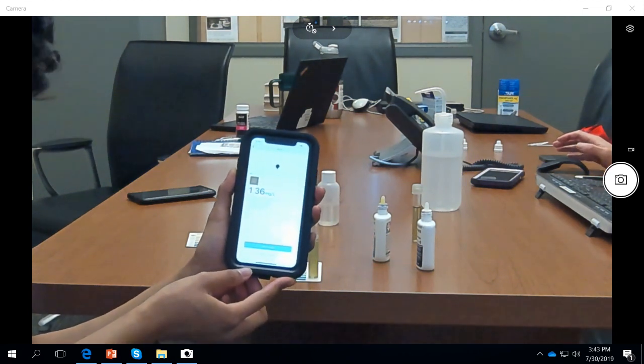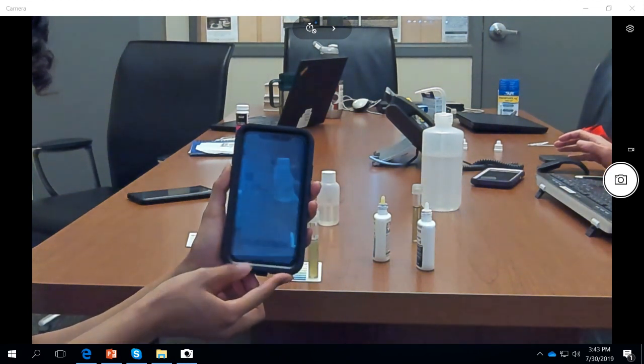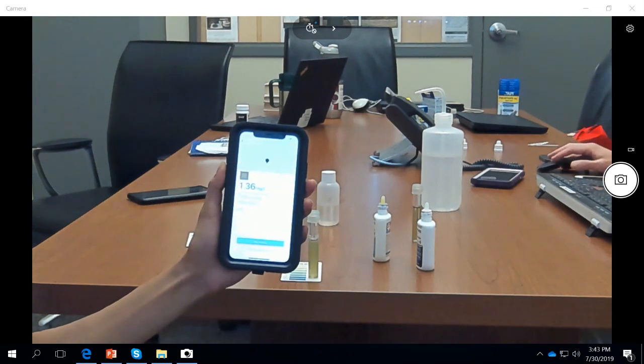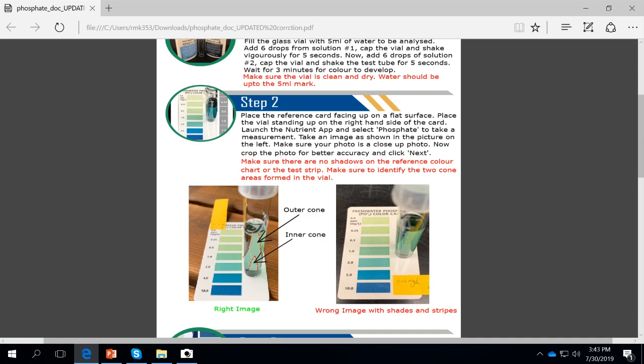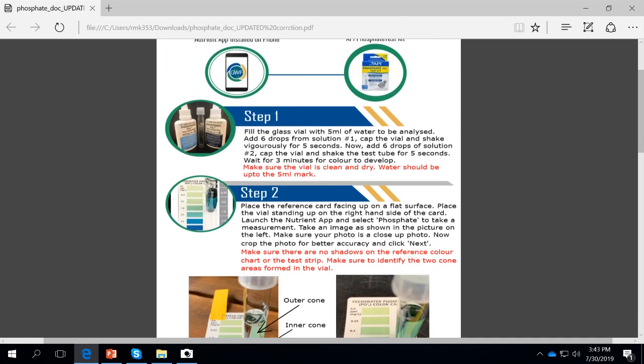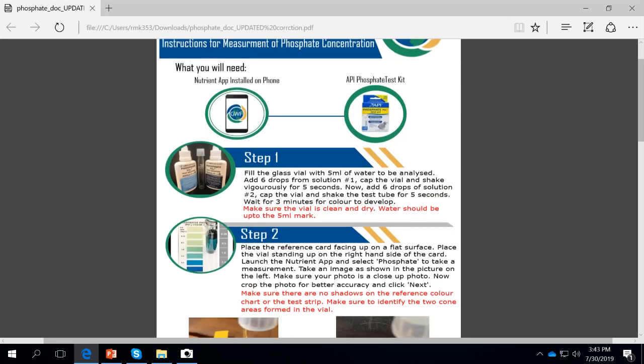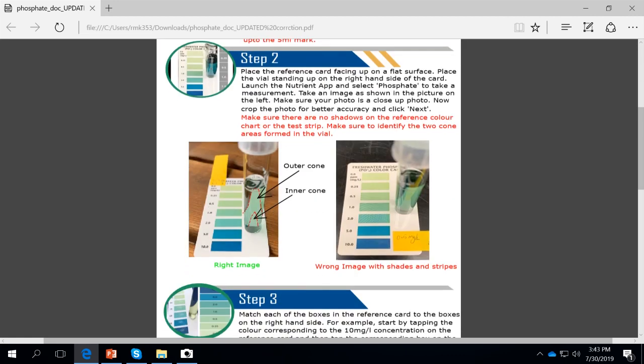You can choose to keep your results private, or you can choose to share them. You should refer to the guidelines for any doubts that you may have when conducting the measurements yourself. So all the points that were just highlighted should be highlighted also here in red. As you can see here, we also highlight the inner cone, the outer cone, what to avoid, these stripes here,